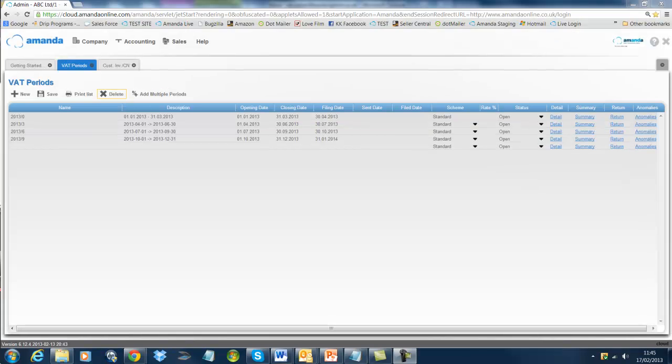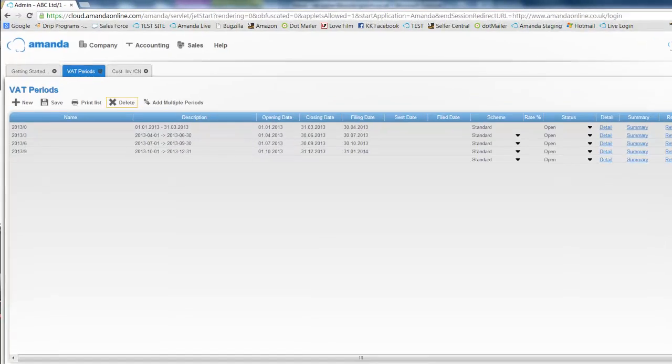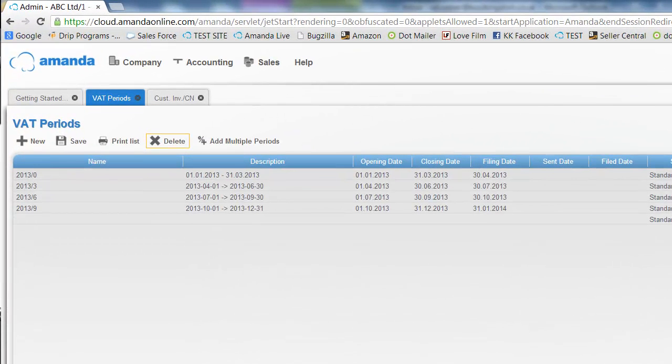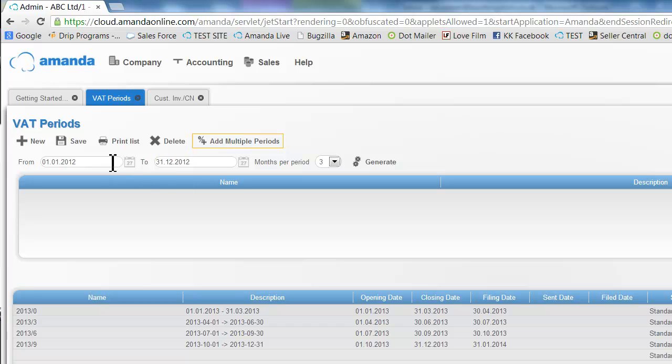Now, as I mentioned before, if you want to enter transactions into Amanda, you do need to make sure you've got a valid VAT period covering the date of the transactions, and that's applicable even if you're not registered for VAT. Now, to create periods, we have two options we can use. We can either use the New button, or this is the one I prefer to use, the Add Multiple Periods. So if I click on that, the first thing you need to do is to enter the date of your periods. So in this case, I've entered